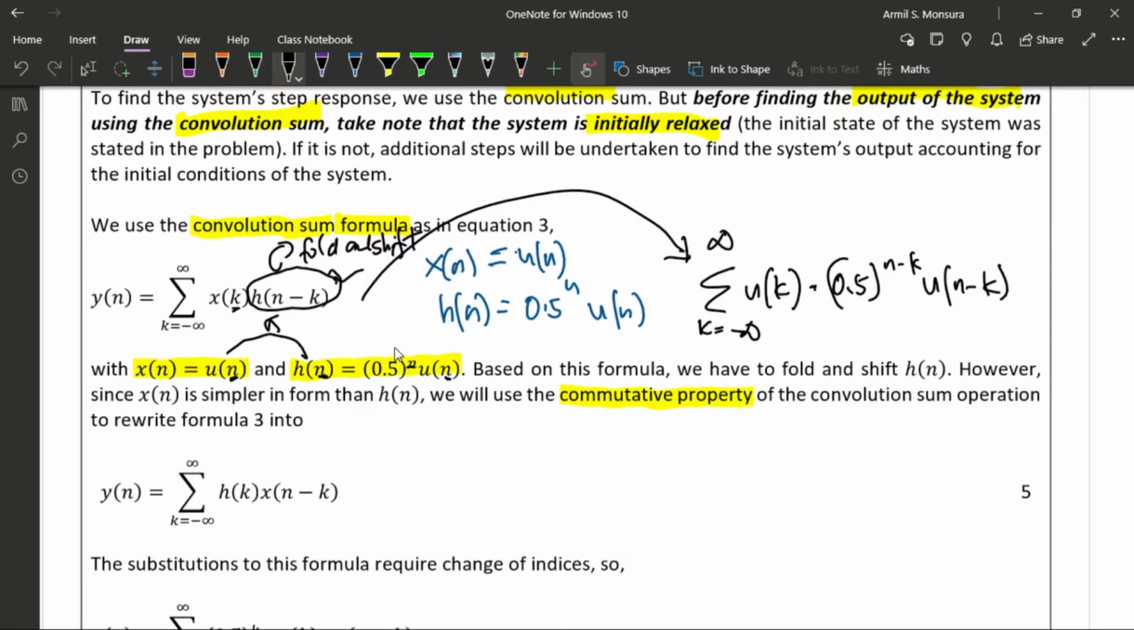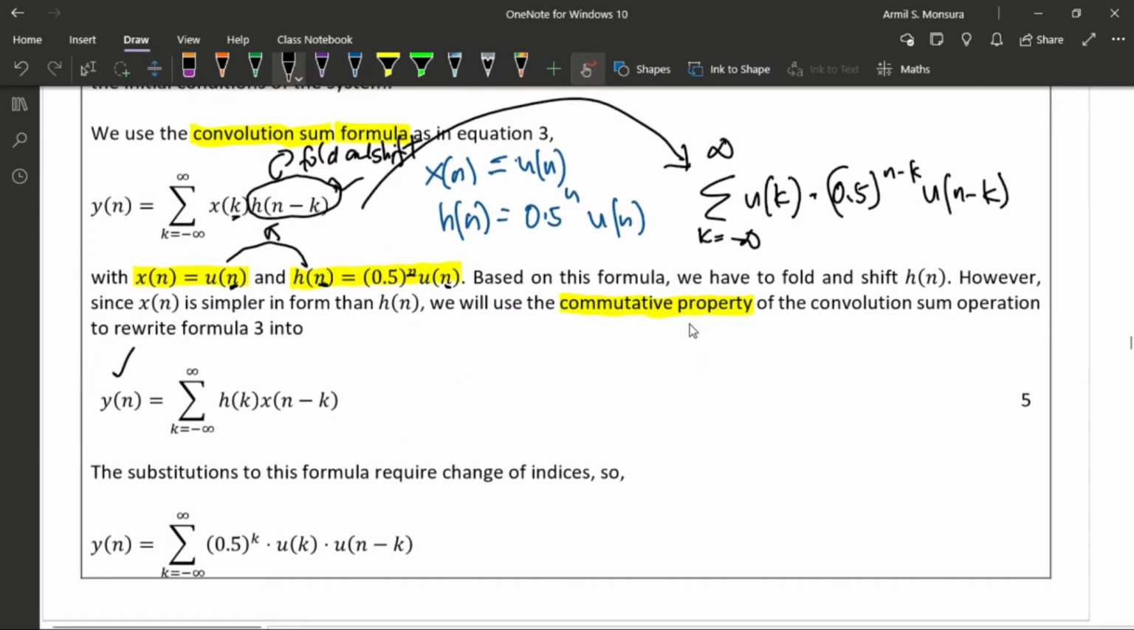Tapos, i-retain lang natin yung signal values ni h. Okay, so, ito yun. Kapag in-apply nyo yung commutative property sa convolution sum, ang i-fold and shift natin is yung x instead na yung h. So, pwede yun. Okay? Since convolution sum is commutative. Okay, so ngayon, pag ginawa natin to, yung given natin